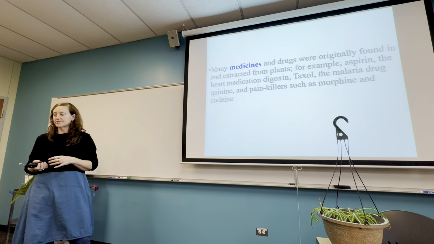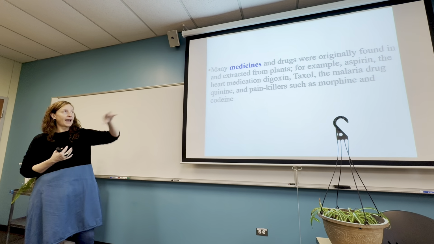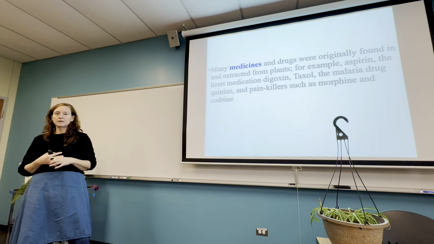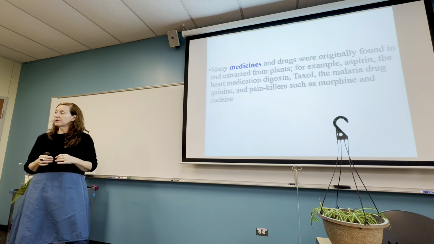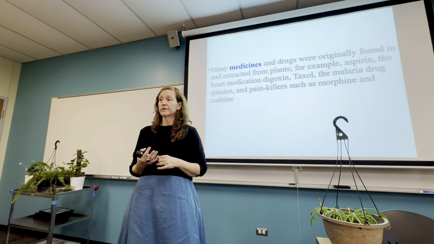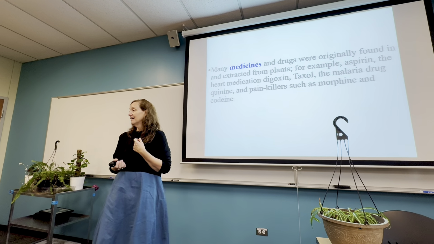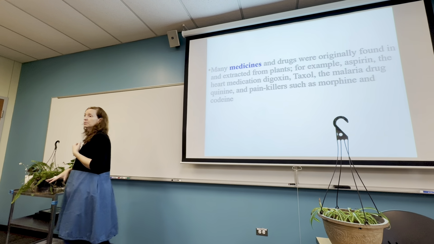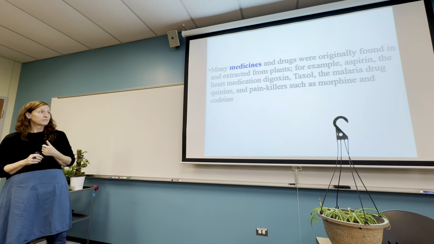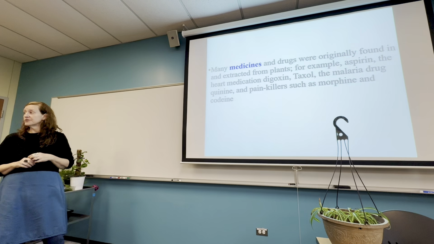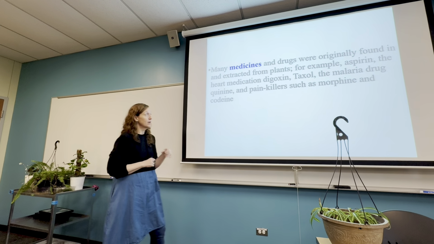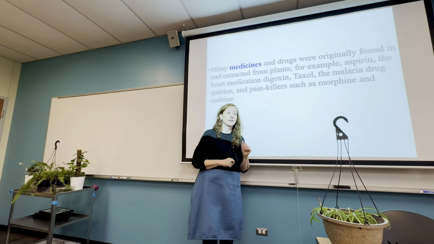So for example, some discoveries that are made, like aspirin, a simple little aspirin. Aspirin's super important to a lot of people to thin their blood so that they don't get blood clots, especially for a lot of elderly people. Really important, take one baby aspirin a day. It helps them to lower their risk of having a blood clot and thus having a stroke. That was discovered in a plant. Malaria drugs to prevent malaria in people. And then painkillers like morphine and codeine.